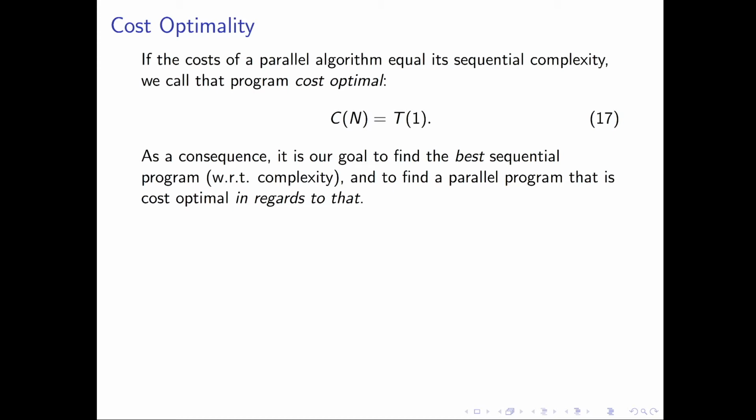Putting the complexity of our parallel algorithm into relation with regards to the best known sequential algorithm is important because we don't want to perform more work than this sequential algorithm, for various reasons. One reason is the throughput argument that we discussed in one of the first lectures, when I brought the aviation example with the Concorde and the Boeing. When we optimize for throughput, we also want to keep the cost down, and we don't want to do more actual work, even when the work is performed in parallel,